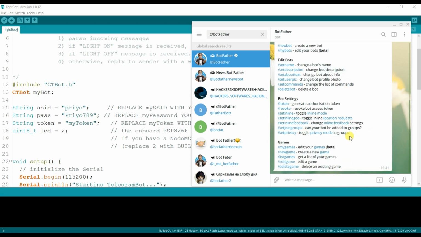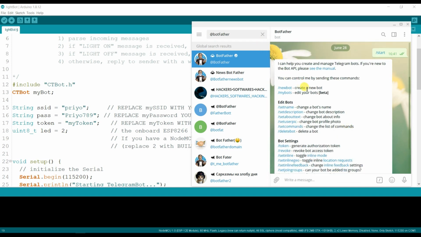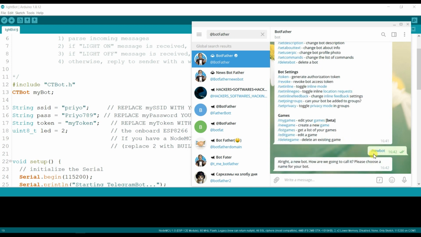Now we need to create a bot. So create a new bot. This is the command. Click here, new bot. Alright, a new bot. Please choose a name for your bot. So I will type here my IoT bot.